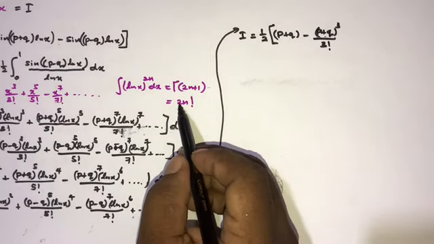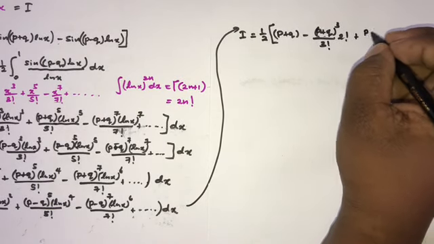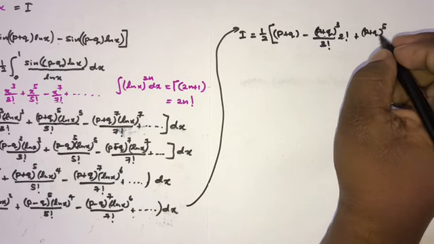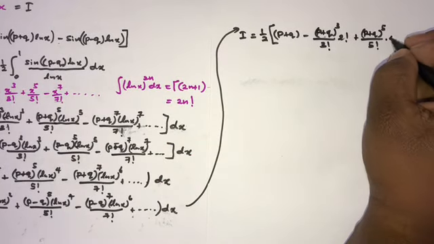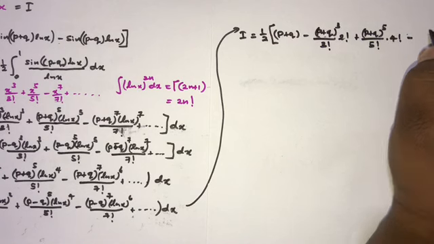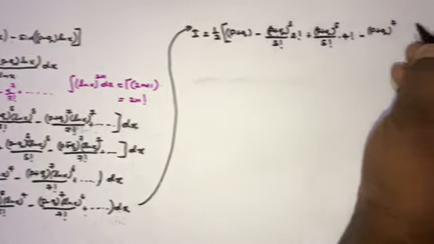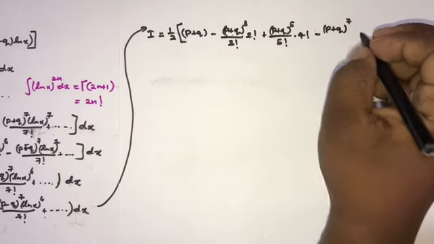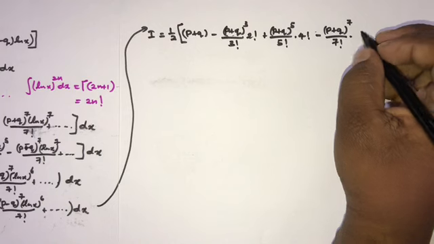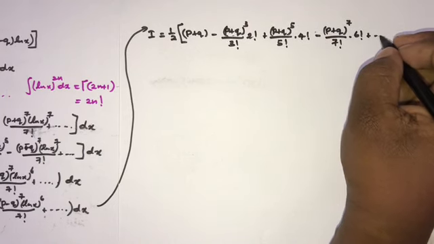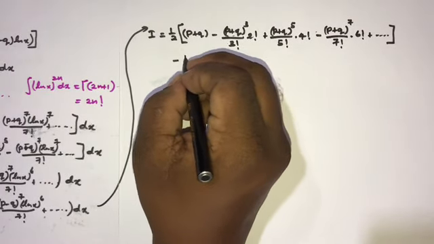So n is equal to 1, and we have 2 factorial, then plus (p plus q) raised to the 5th power over 5 factorial, and here we know n is equal to 2, so 4 factorial, then again minus (p plus q) raised to the 7th power over 7 factorial times here we know 6 factorial plus so on,